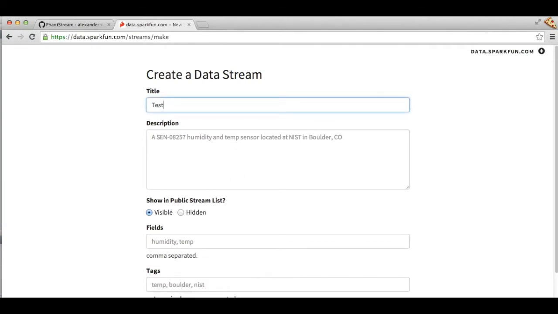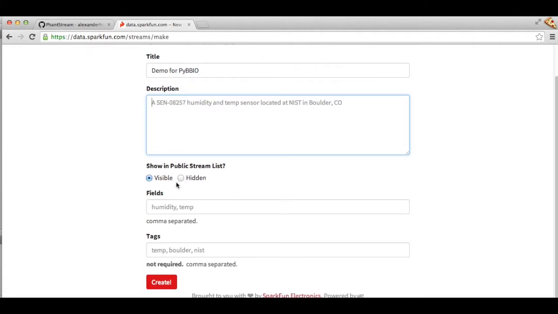So I'll name it demo actually. The field is voltage and it has to be the exact spelling. Oh, it needs a description. Never mind.